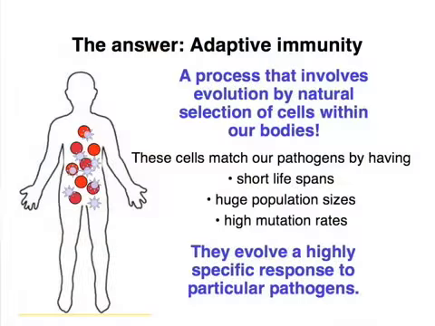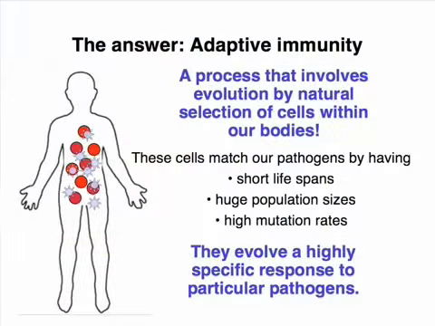So how is it that we can exist at all when we are being affected by these really fast evolving organisms? And the answer to that is because we have been able to match our pathogens one-to-one in all these accounts. And that is done by the cells of our immune system. And so the cells in our immune system are actually evolving by a process of evolution by natural selection during the immune response.